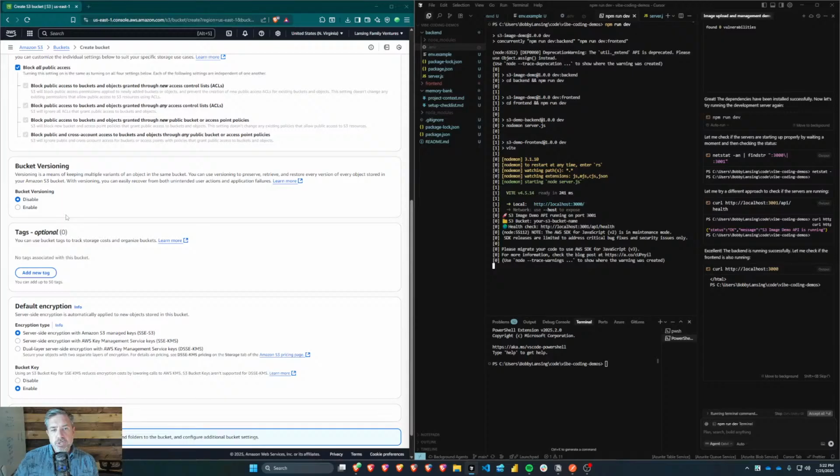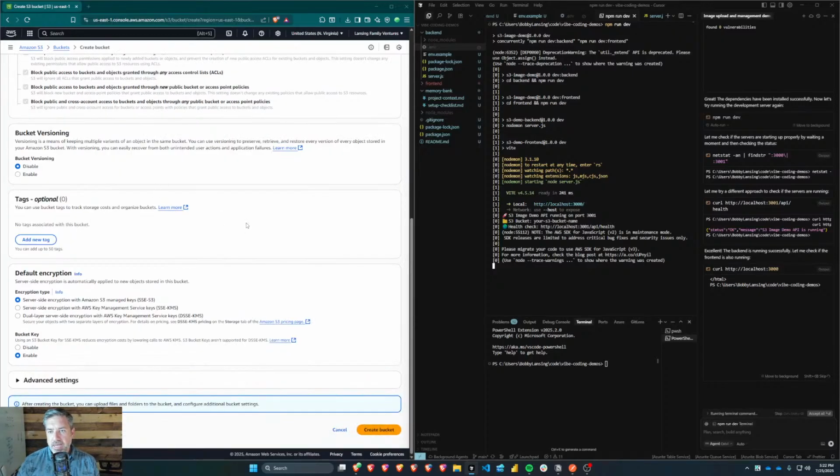All right, so bucket versioning. Versioning is great if you've got specific assets that are going to be updated over time. It keeps multiple variants of an object in the same bucket. It's exactly what you think it is. You can use versioning to preserve, retrieve, and restore every version of every object stored in your Amazon S3